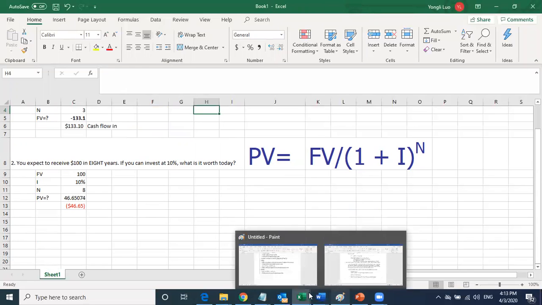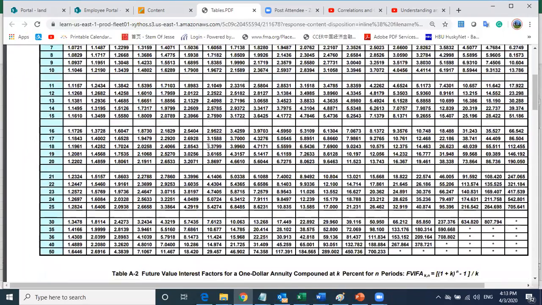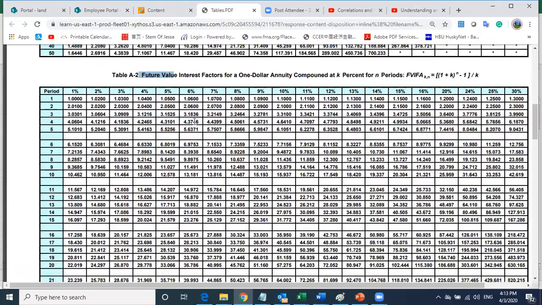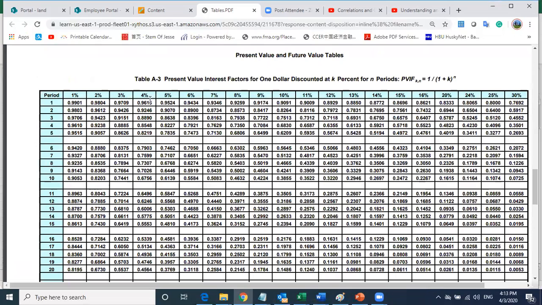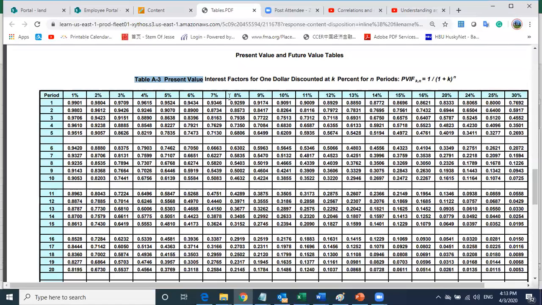and we still can get to the number from the appendix table. Okay, this is the future value table. Next, the A2 is a future value for annuity. So we're gonna talk about annuity. Table A3 is present value for $1. That is the present value for a lump sum question. So we're gonna use table A3, which is the present value for lump sum question. Okay, interest rate 10%